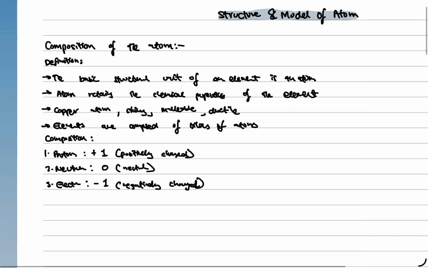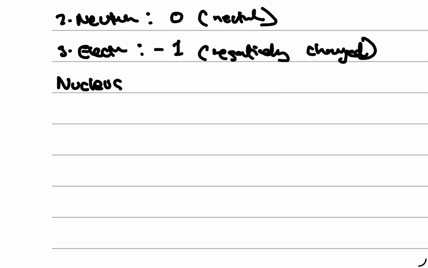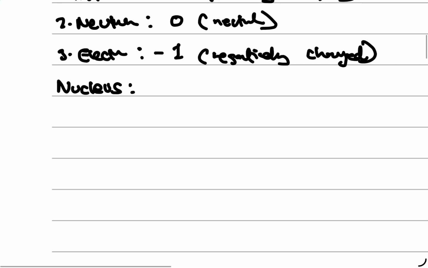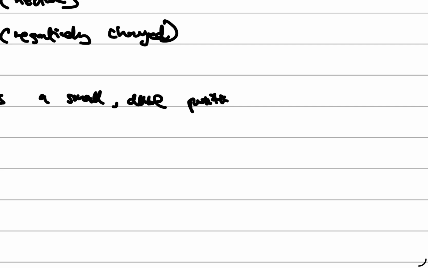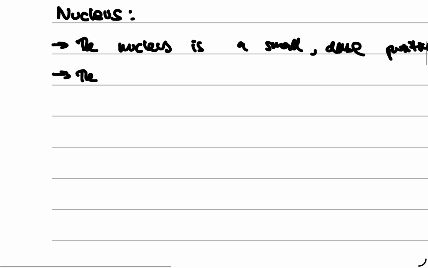Let's now move on to the nucleus of an atom. This also comes under the composition. So we'll just mention here nucleus. Now we know that the nucleus is the central, really dense part of the atom, right? That's a pretty common thing to know. But we can say the nucleus is a small, dense, positively charged region in the center of an atom. So we can also say that the nucleus is composed of